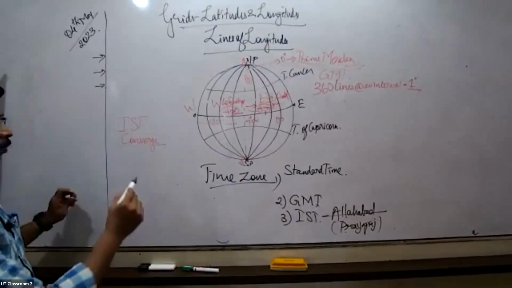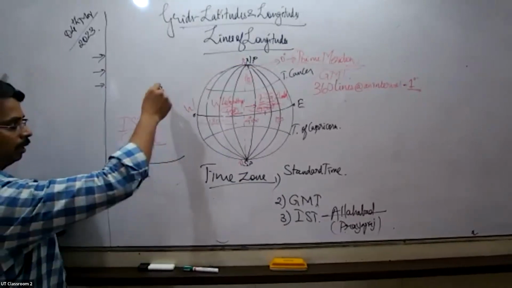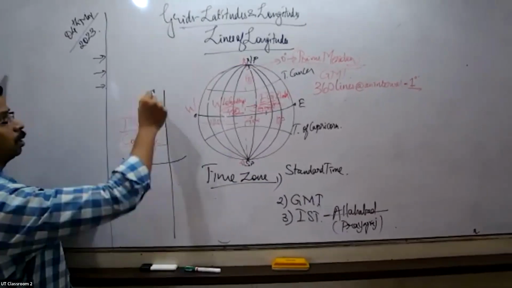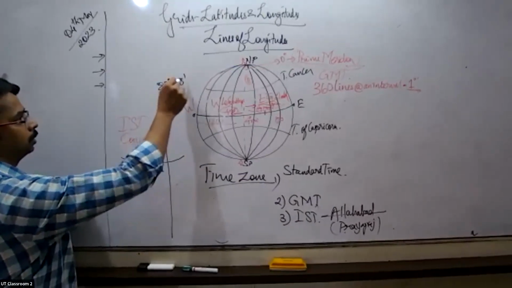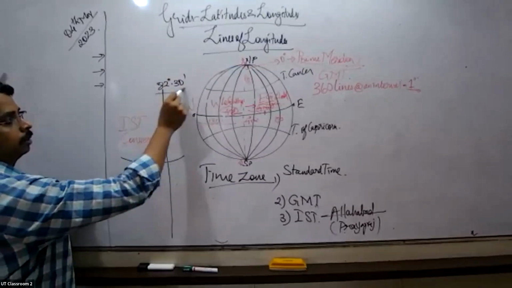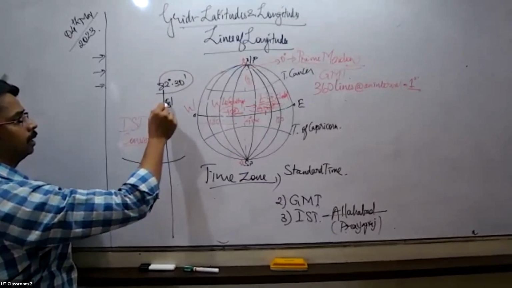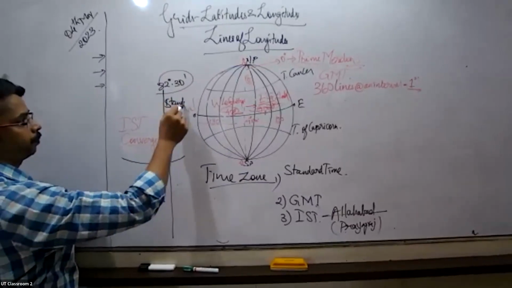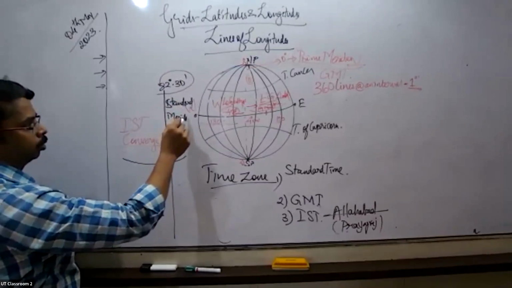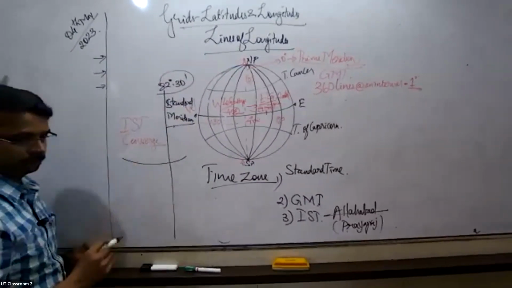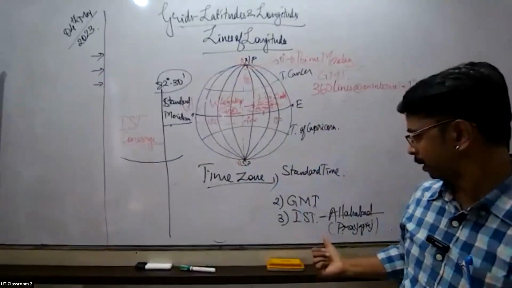If you have seen the map of India, the Tropic of Cancer passes through the center of India, and we have a line which we call the standard meridian, which is 82° 30 minutes. How many minutes? This is called Indian Standard Time, so I call it the standard meridian of India. Although India is the 7th largest country, we take time from only one place, and the name of the place is,